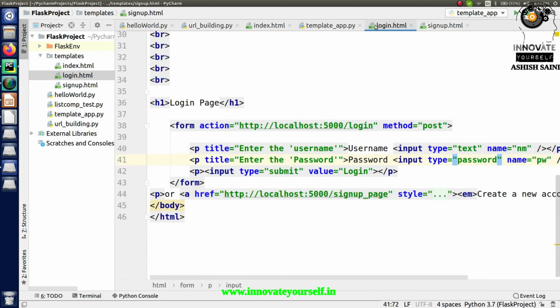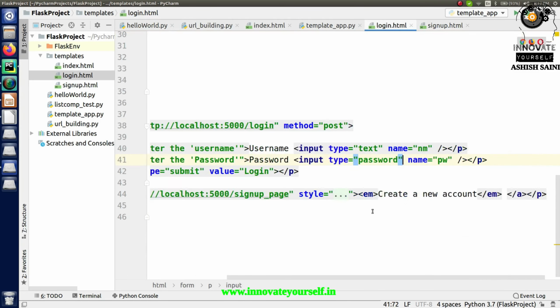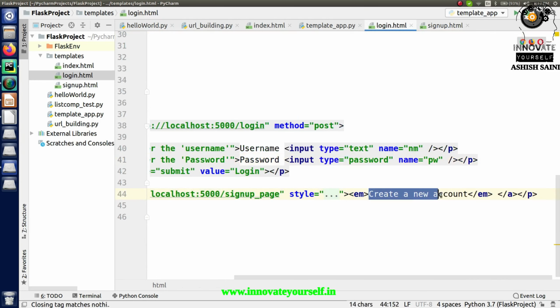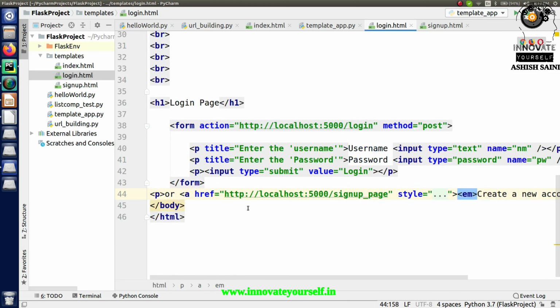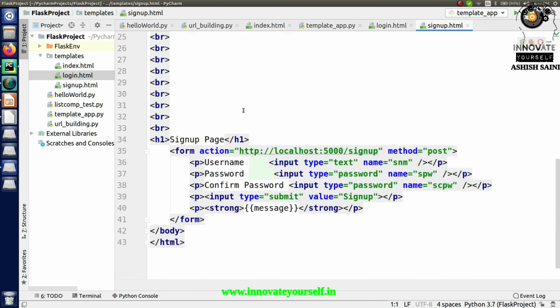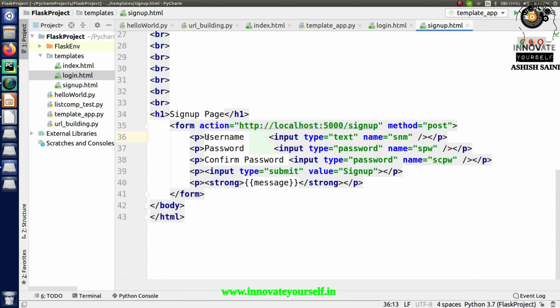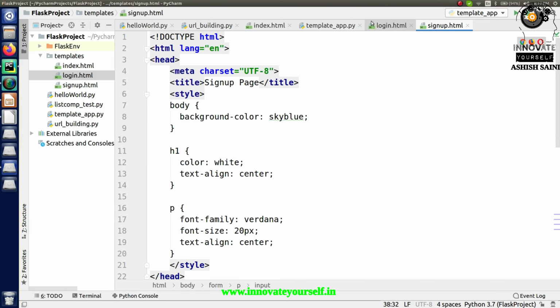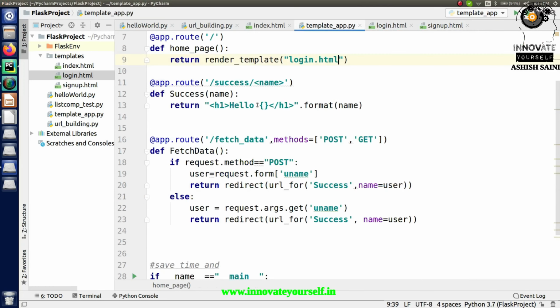When you click on this particular button, which is create a new account, you will be redirected to this sign up page, and on that page it will ask you for these three options: the username, password and confirm password, right? This is how exactly you're going to do it. Now let's see what exactly we have to do now. For that, go in here.